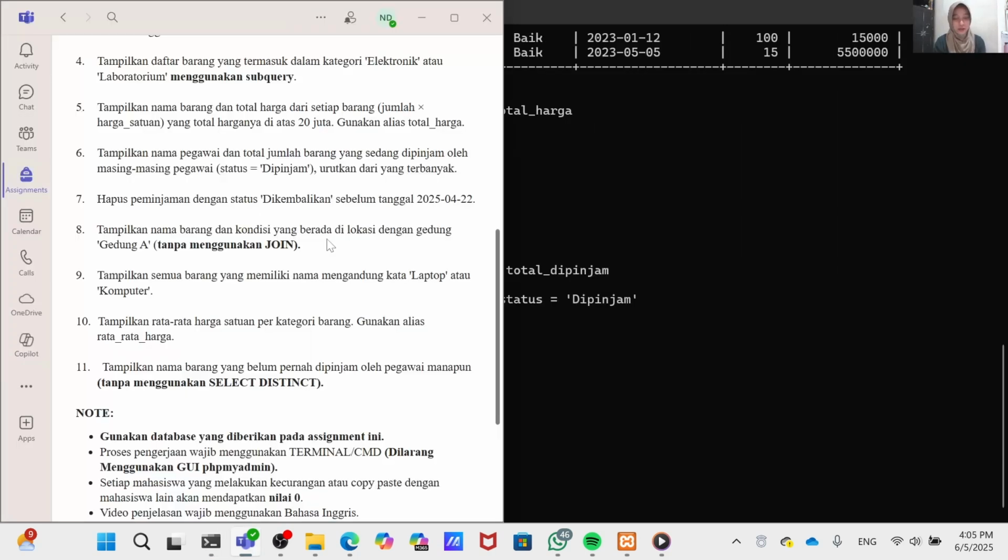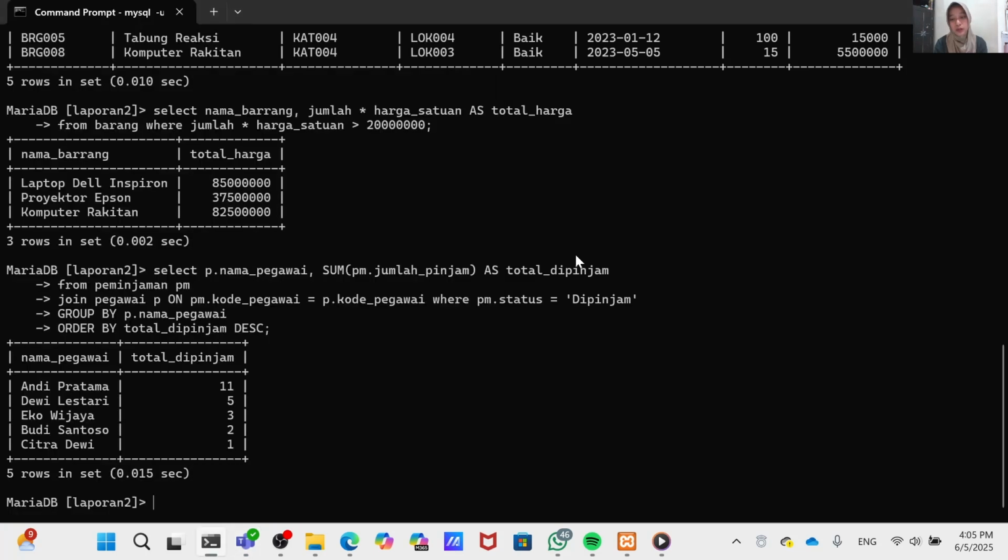For number 7, we must delete borrowing records with status dikembalikan before April 22. We can use delete from peminjaman where.